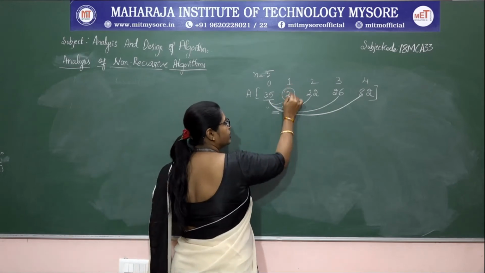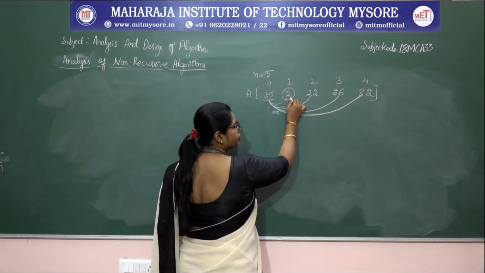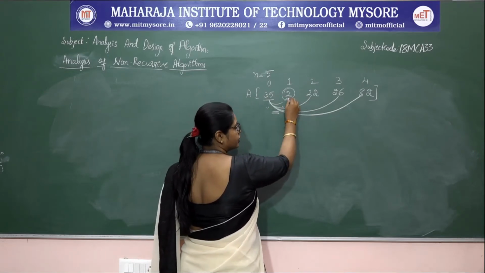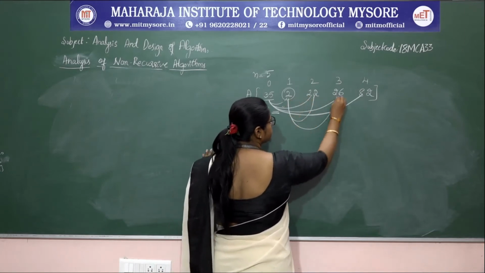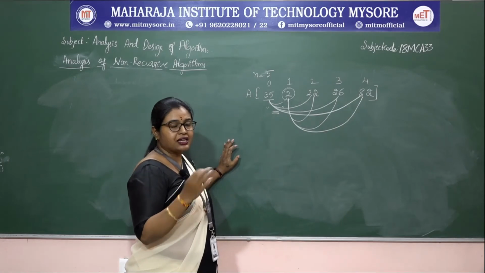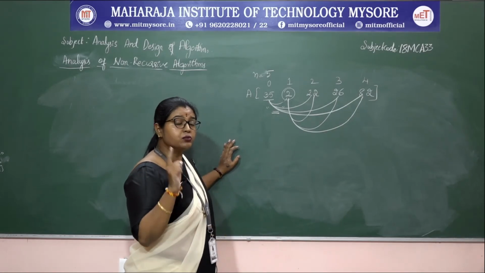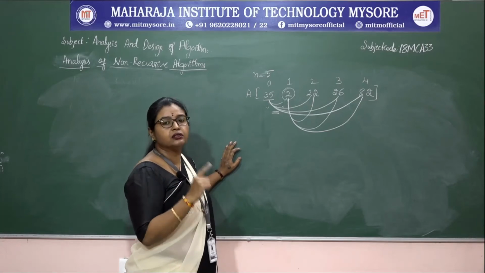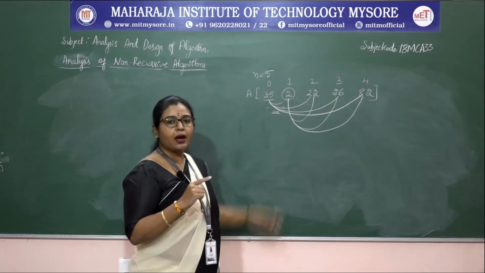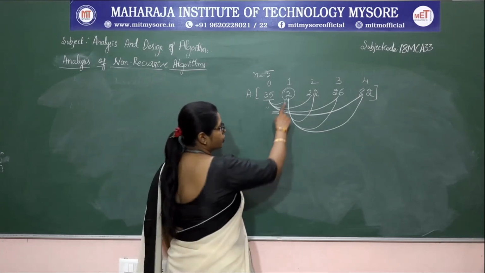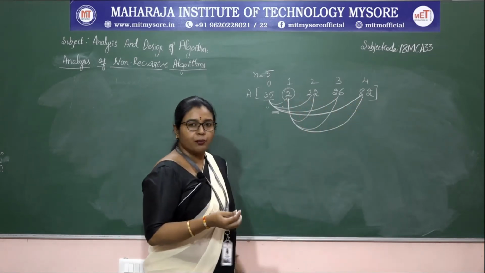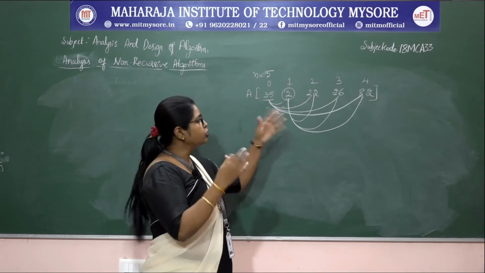Now we need to check with the second position element. 2 is already compared with 35, so no need to check with the previous value, but this value should be compared with this, this and this. Here I have taken the example of the worst case. Why? Because the problem statement is that we need to find out whether the given array elements are distinct. So this has to be compared with this and this and this. It is not matched, therefore we need to continue the process.